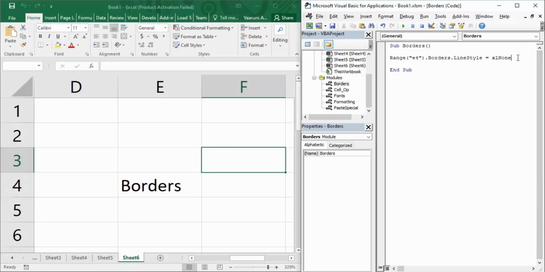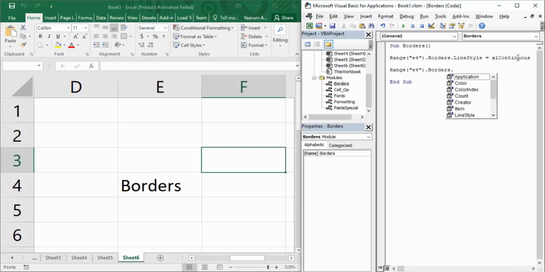Now what happens if you want to change the color of your borders? Let us again select the cell using the range property E4, within double quotes put a dot, select the borders property, put a tab, then put a dot.